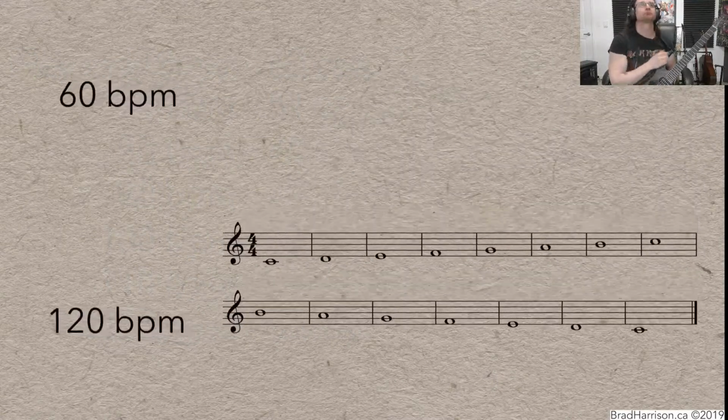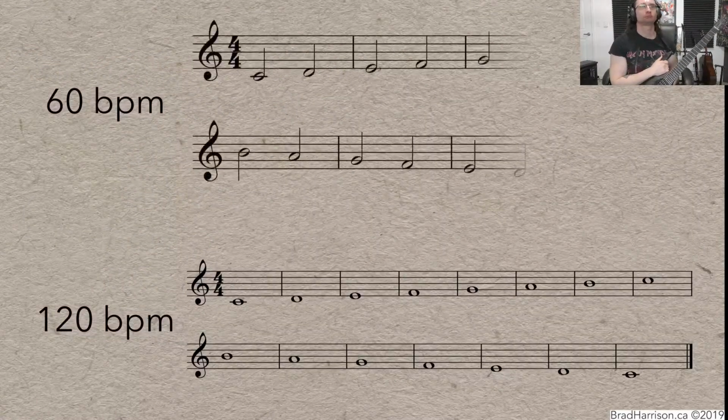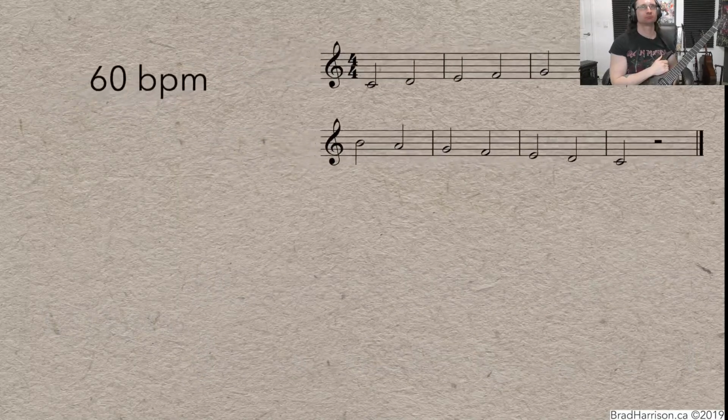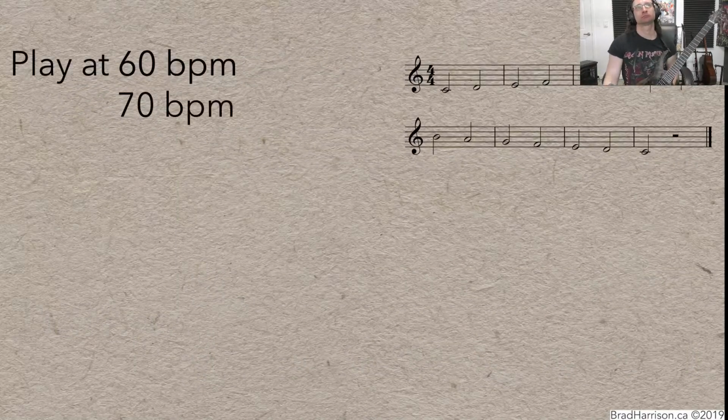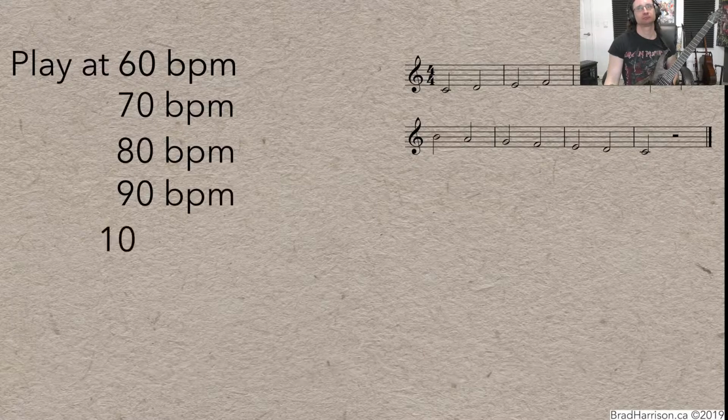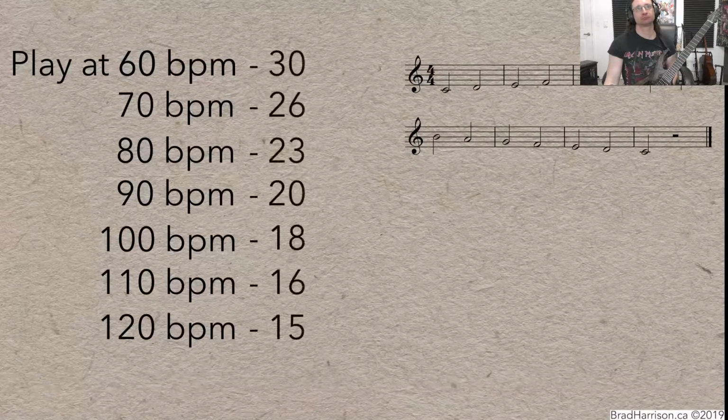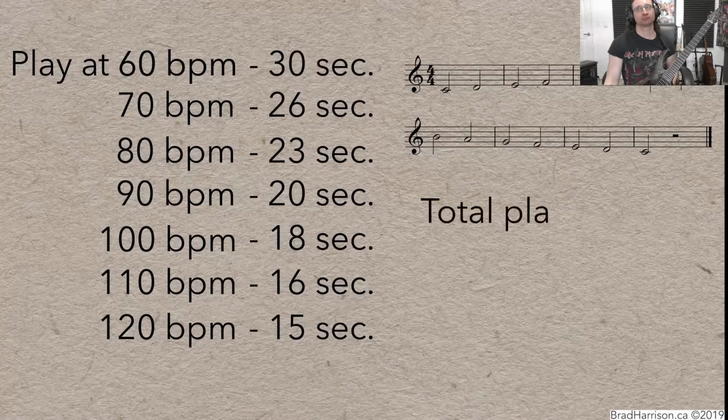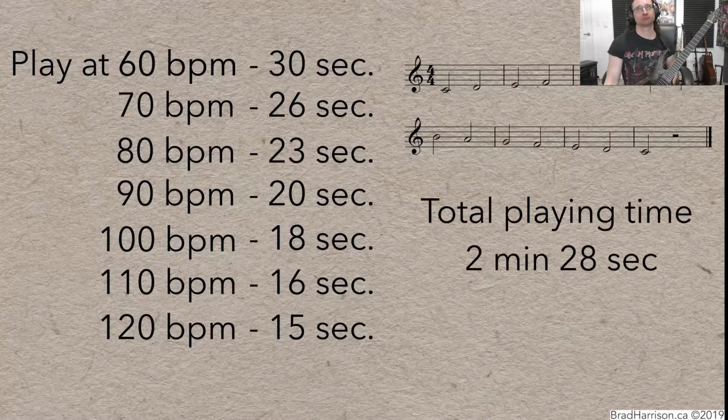Now, because playing whole notes at 120 beats per minute is the same note density as half notes at 60 beats per minute, that's the next step. Play the scale in half notes at 60 beats per minute. Then, follow the same pattern as before. Play the scale 6 more times, increasing the tempo by 10 beats per minute each time until you reach 120 beats per minute. The second set of exercises takes half the time as the previous set at about 2.5 minutes, and you've doubled your tempo again.